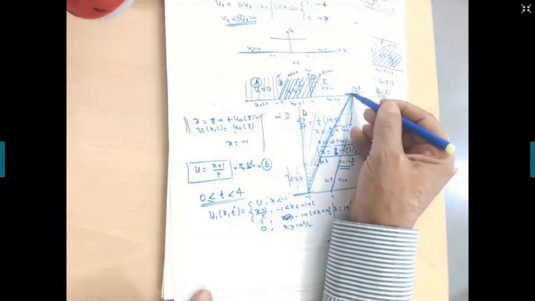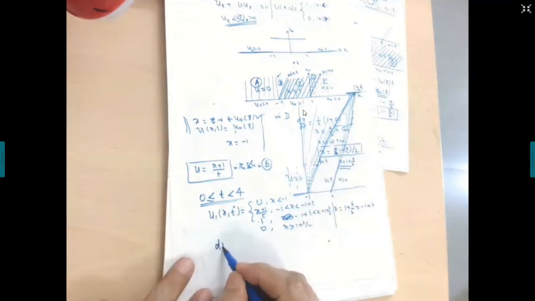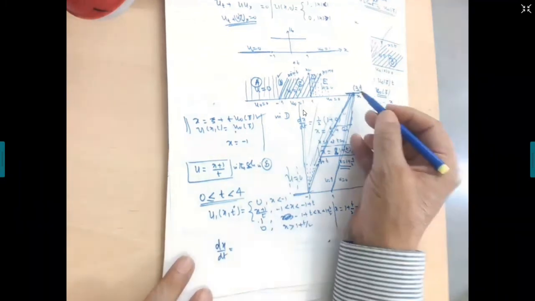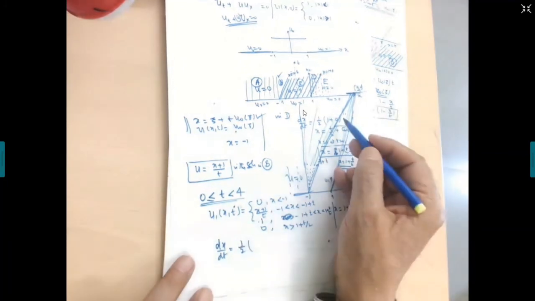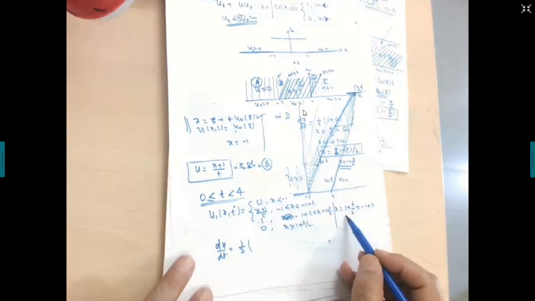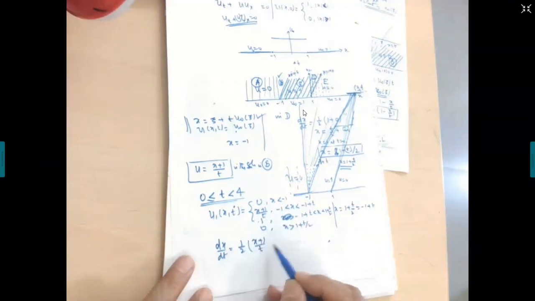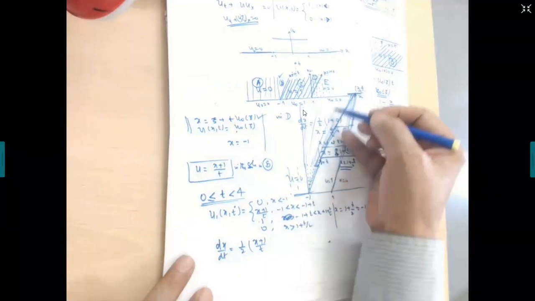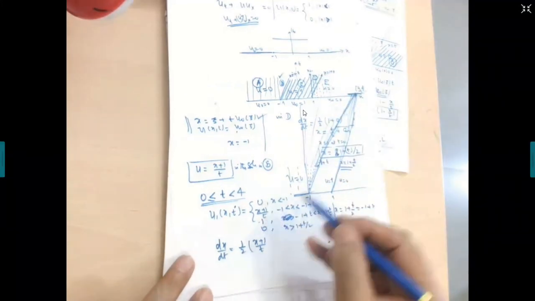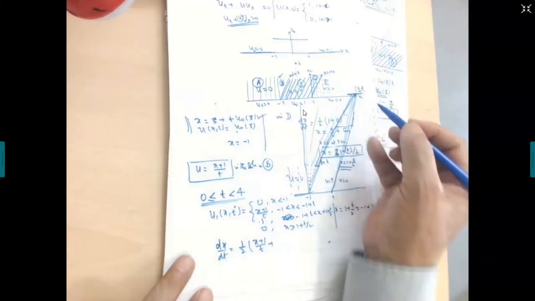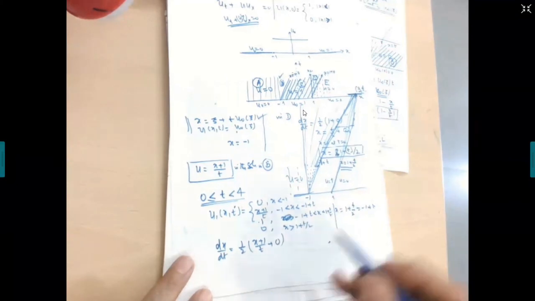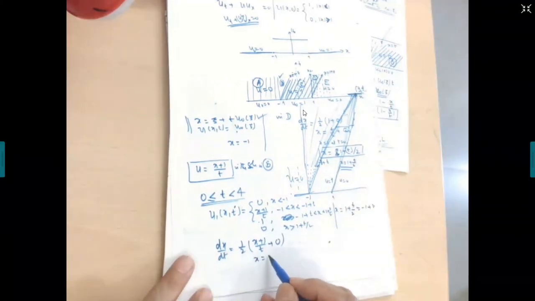Because as soon as you see at this point when this interacts, you have to find out the shape and speed of the resulting discontinuity here, by using the next condition. So what is that? Half of u_L. On the left, what is the expression on the left? On the left, it is x plus 1 upon t. Am I right? On the left of these are the waves, right? This is the region where the solution is x plus 1 upon t. This is going to hit this point. On the right, what is the solution? 0. And this originates at this point when x is equal to 3, t is equal to 4. It originates from this point.